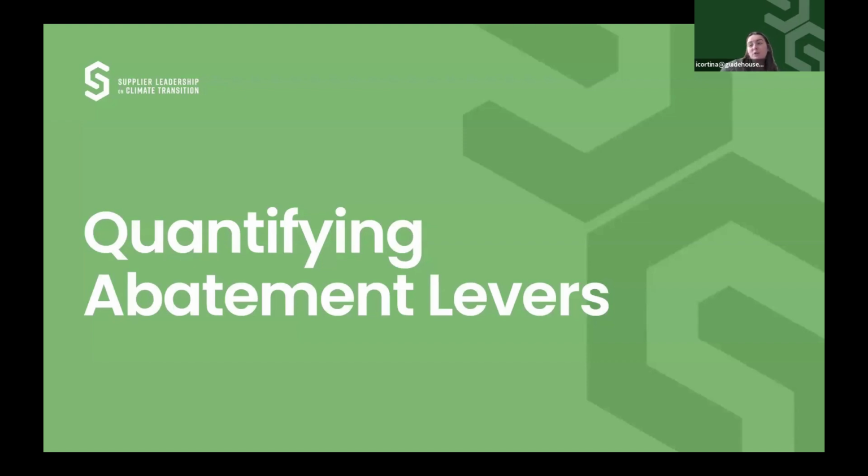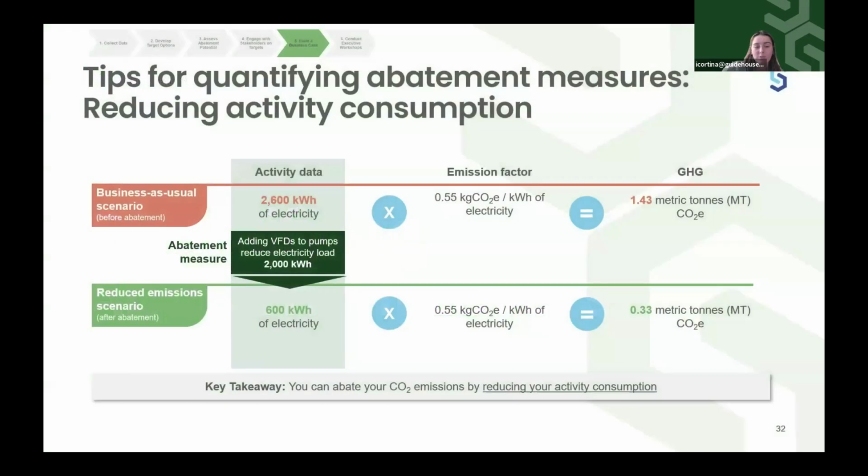Once you've brainstormed all the ideas of abatement levers that might be possible, as well as worked with some of your internal stakeholders to make sure that those possibilities align with your own business activities, you can think about quantifying those abatement levers and how much impact you can get from each of them. When getting into calculating emission reduction efforts, the good news is it's pretty aligned to footprinting that you've likely already done before, and you're really looking at how you can change one of the inputs for the activity data or